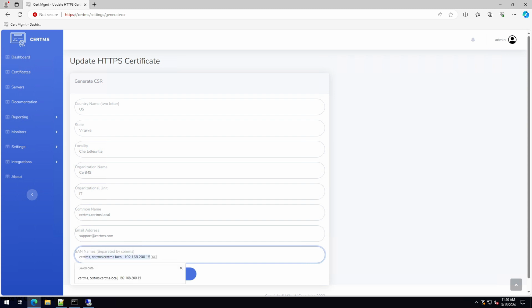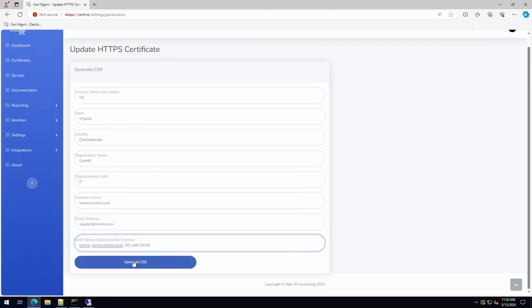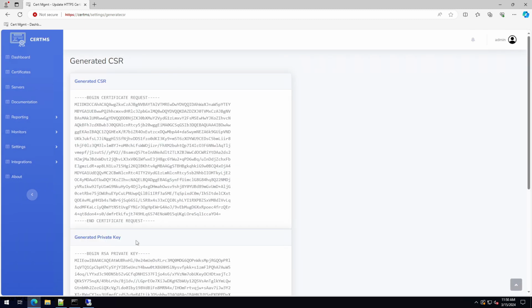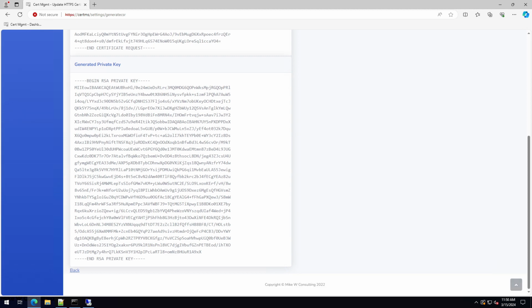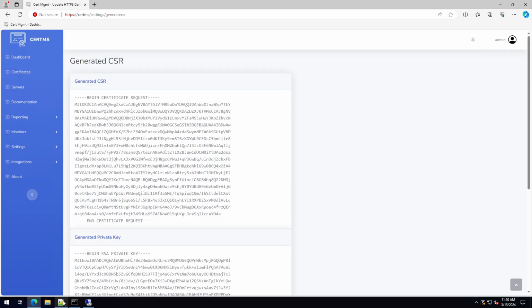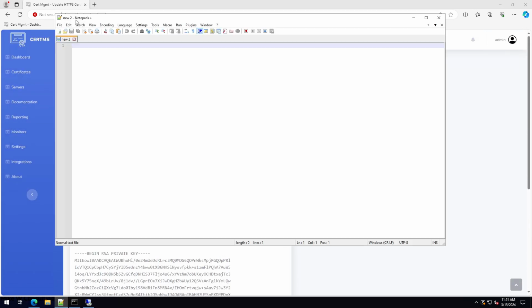So I like to go ahead and just do this, and then I'll change that to an IP. And you can see now we have a certificate that's going to have some additional subject alternative names. And once we get everything finished up, we're going to click Generate CSR. And boom, there we go. So now what we get here is the generated CSR, and we're going to get the private key. So what we actually want to do here is we want to open up a notepad,